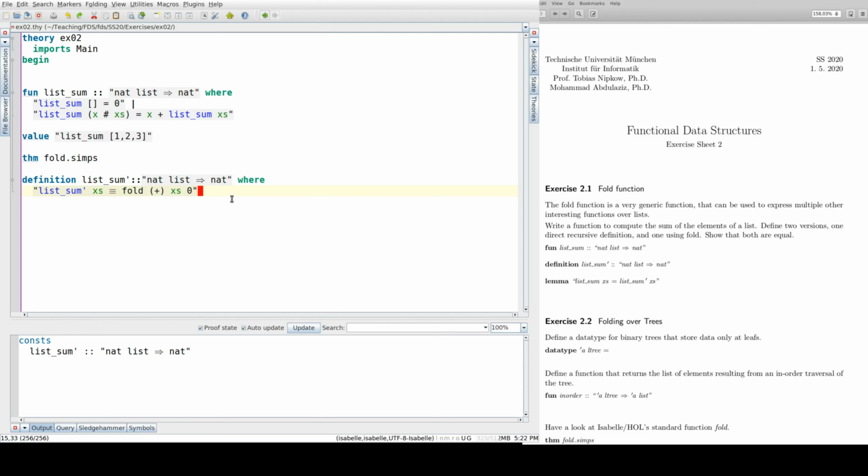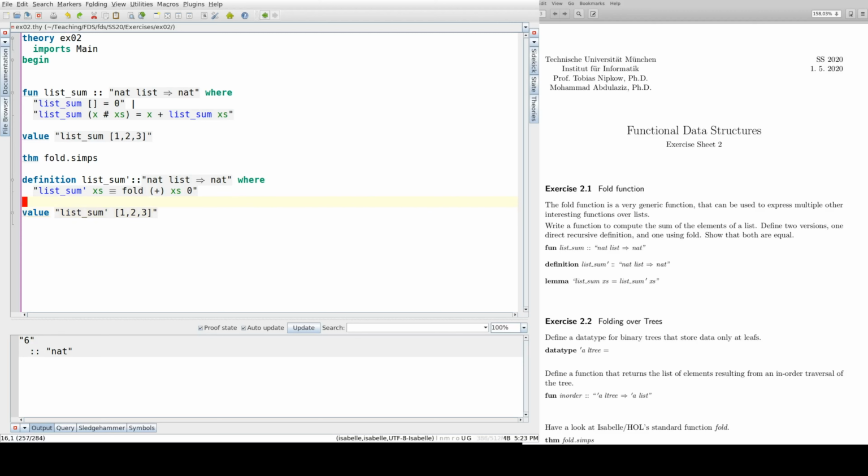So let's try it again. So it's the same result. So now what we need to prove is that both functions are equal. Okay. So